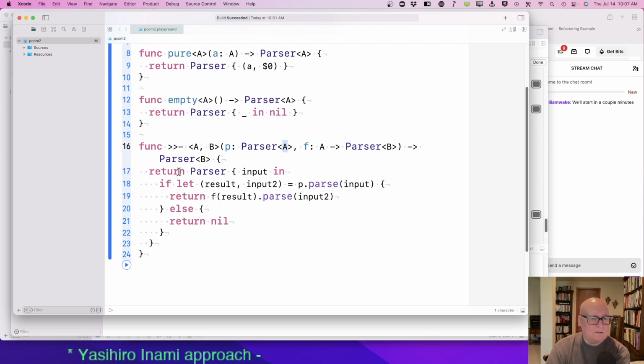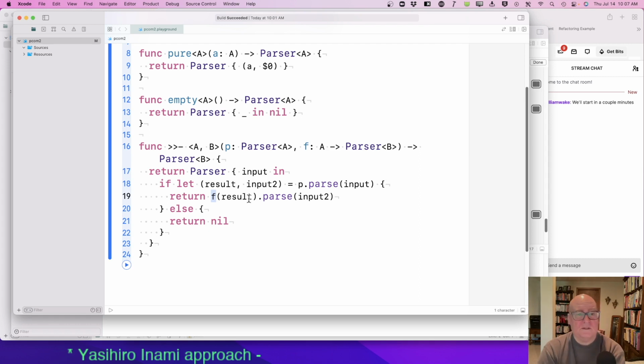So the parser we return is, if we get a result, if this thing succeeds, then apply the function to the result and parse the rest.